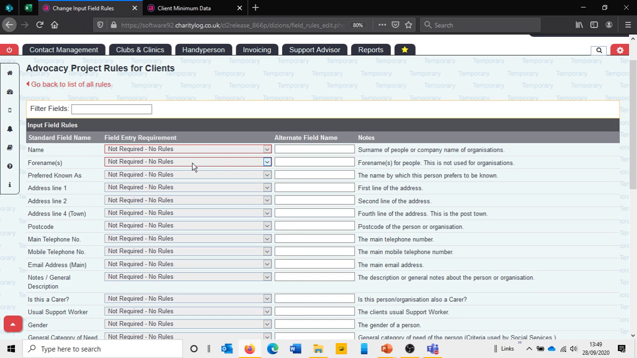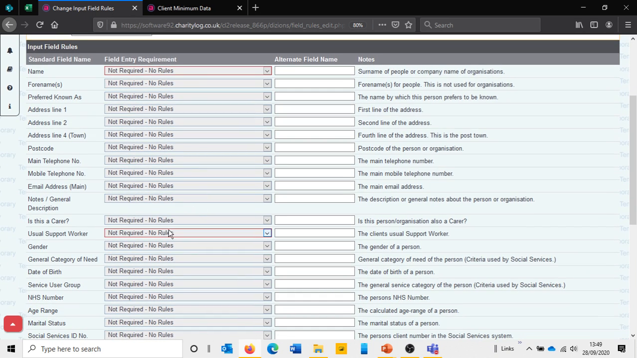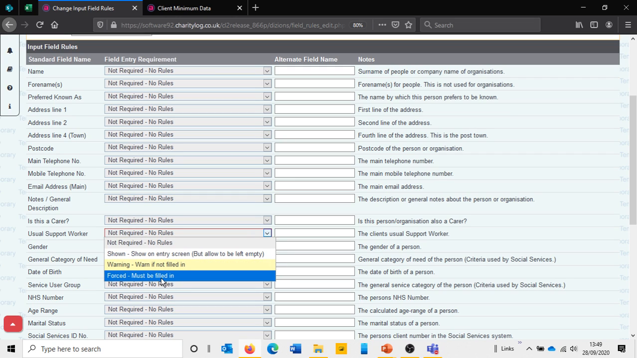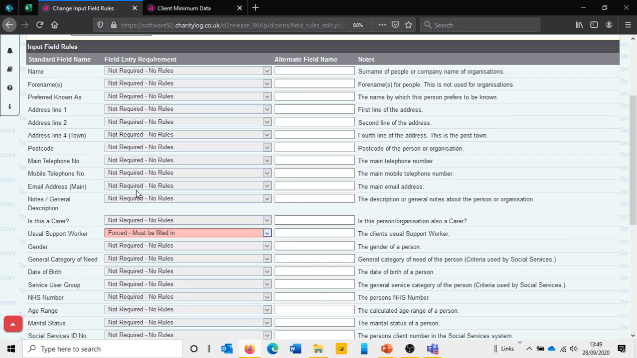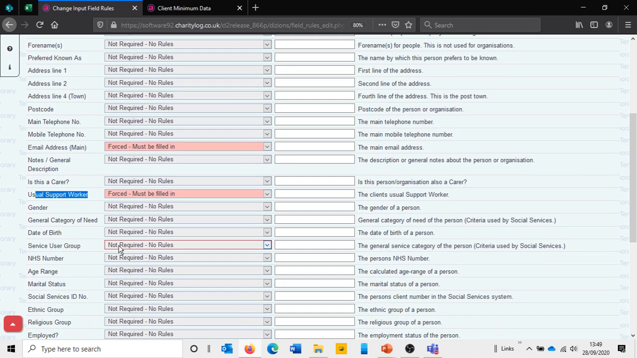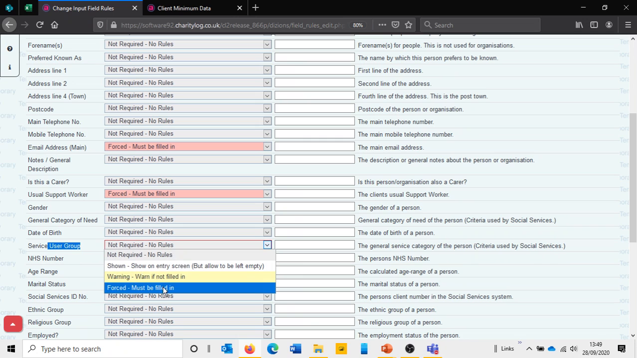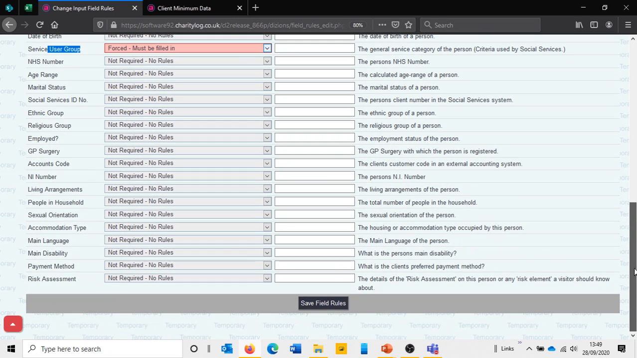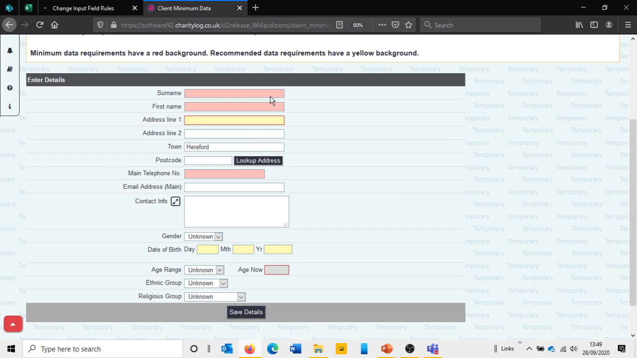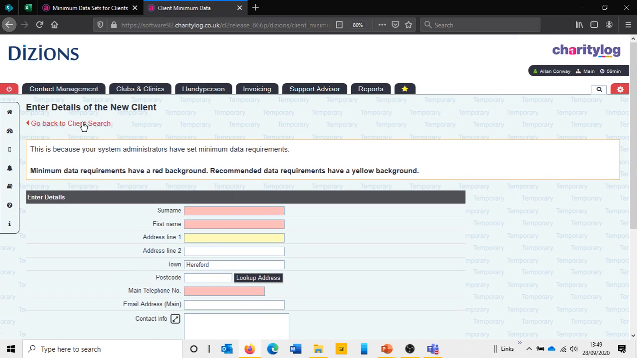The project rule allows you to extend this and make additional fields mandatory now. So I'm going to select the usual support worker field and maybe the email address, because this project needs to have someone's email address and it needs to know who the support worker is, and you also need to specify the service user group, for example. So if I was to select those and press save, here it doesn't apply because I'm just creating a standard record, but if I was to select the advocacy project on the initial stages, then I would be forced to